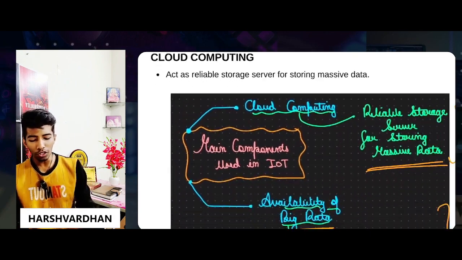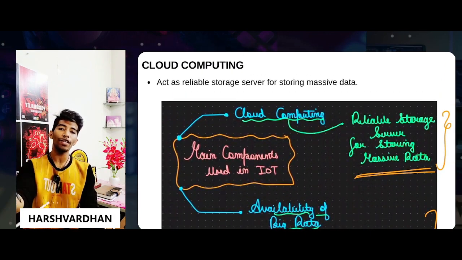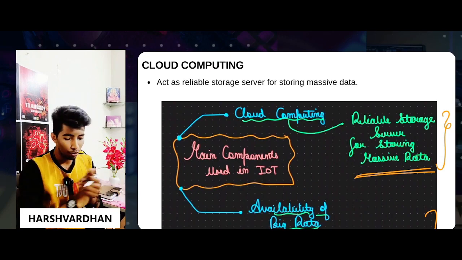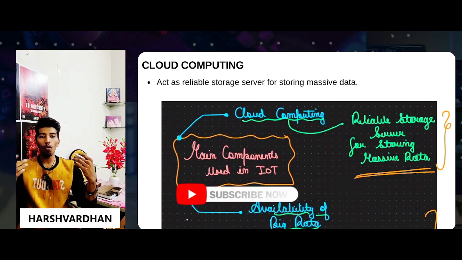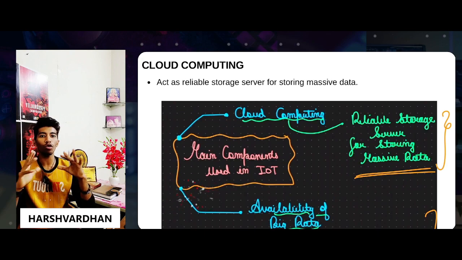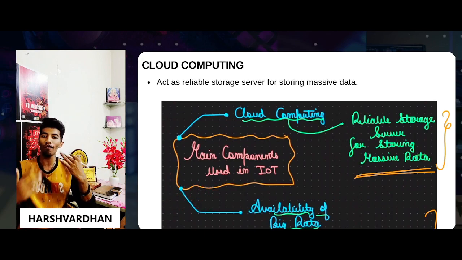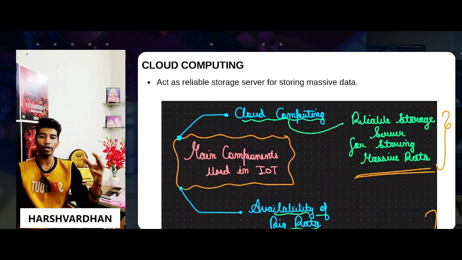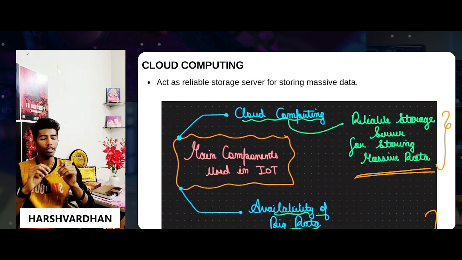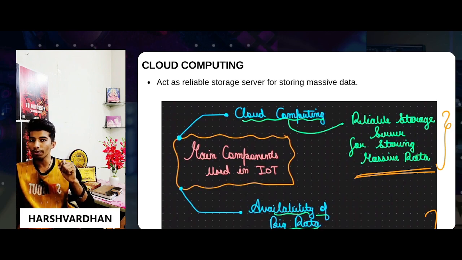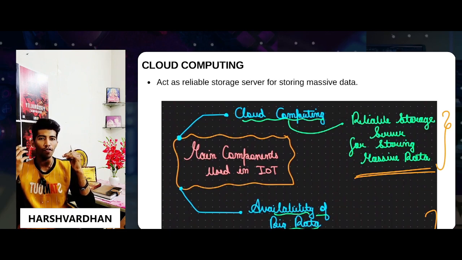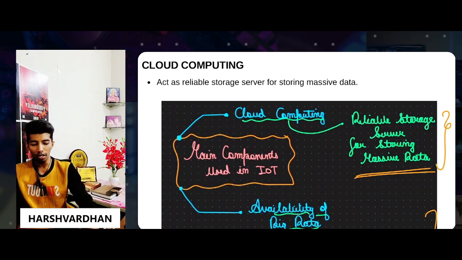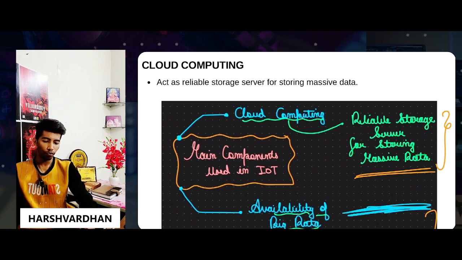Cloud computing. When we talk about IoT, it is incomplete without one particular term, which is cloud computing. Talking about cloud computing in a bit more detail, I will take you to one case study for understanding the incredible role of cloud computing in the field of IoT. You can understand that cloud computing is actually a very vast space when we learn about it. Let's take an example of a farm. You have one farm here, and what you want to do is create a smart farm system.